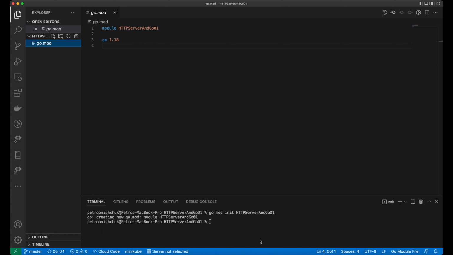Next, I want to create two new files. First, the main.go file. The main.go file will be the main file in our project. And also, I want to create the get_user.go file. The get_user.go file will hold the model and data for working with the GET request in our project. For example,